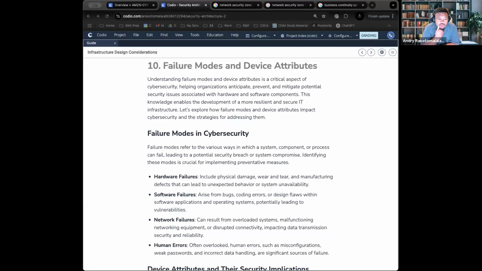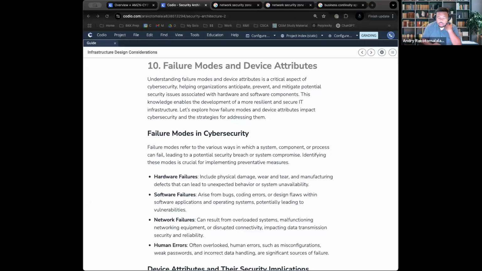So you have to make sure that you have the right capabilities in place to address them, or mitigation steps, right? Because this helps prevent breaches and bolsters the resilience of your entire network.